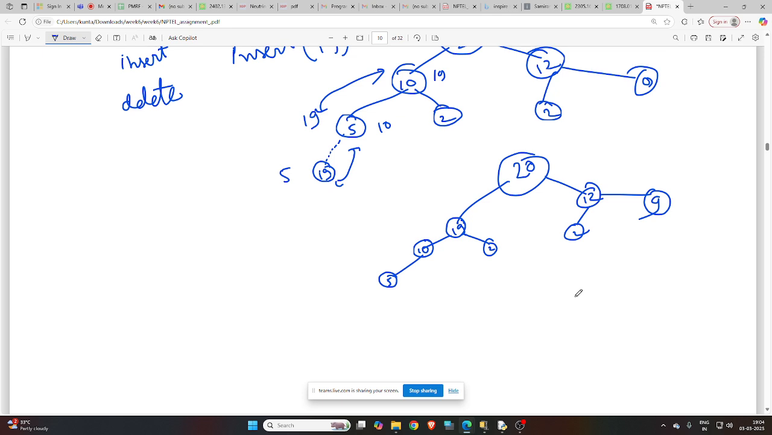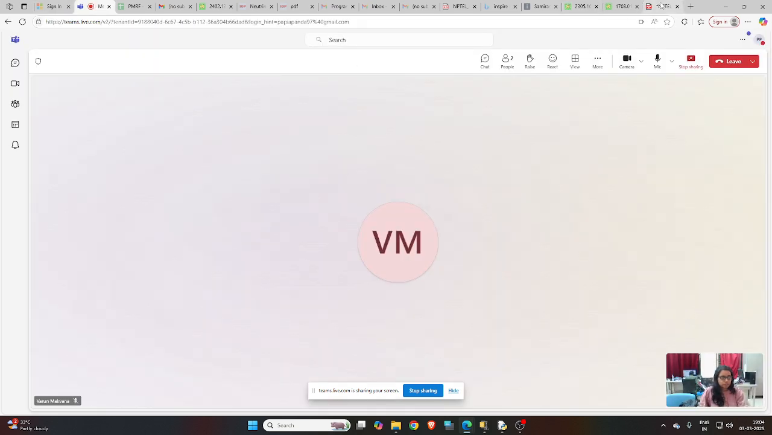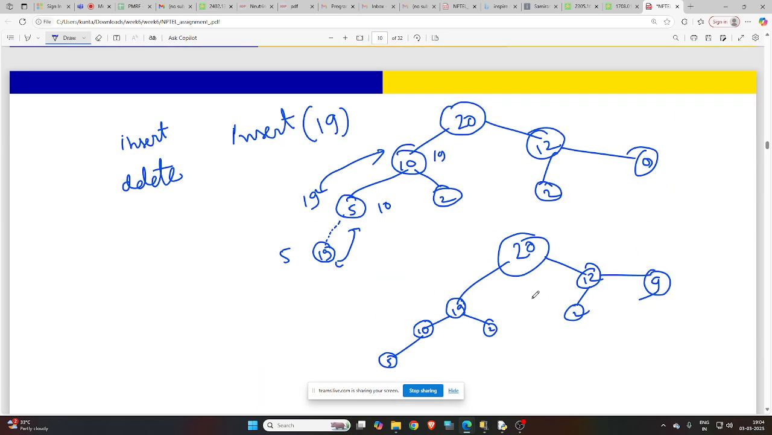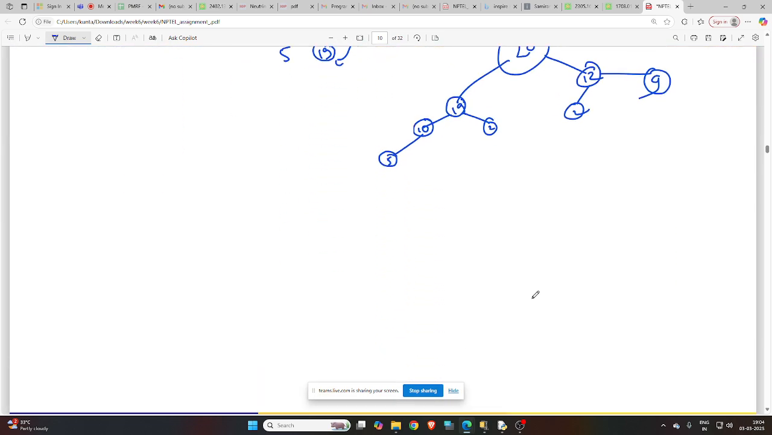So what we were talking about: if I just want to insert one term, say the number 19, then it will come like this in the final state. Similarly, if I just want to delete one thing, let's say I am having the same thing as a